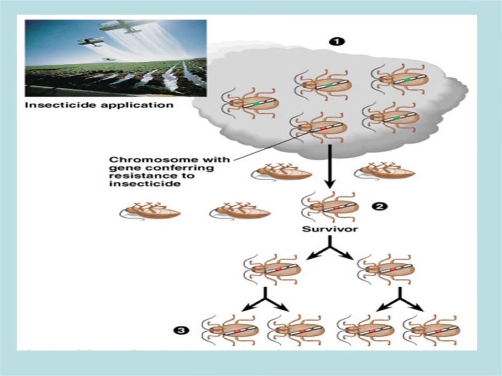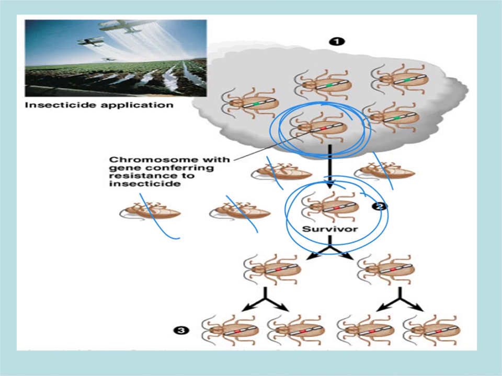This is a picture. We saw this earlier, but it's a little bigger now. If you look up here in the original picture, you have green genes, and then you got the one red. That red one is mutated. And so the red in this situation is going to show a resistance to the bug spray, the insecticide, the pesticide. So he survives, all the others die. And then because he survives, guess what he gets to do? He gets to reproduce, and now all the bugs are resistant.